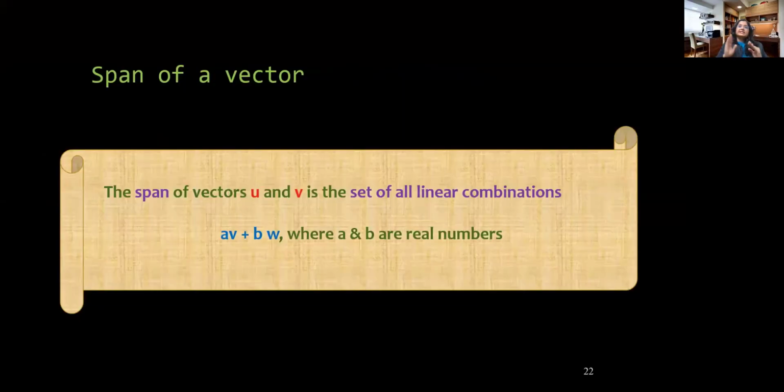So the first thing is span. Span of two vectors is the set of all linear combinations. Linear combinations, we have seen, is just the sum of the scaled versions of vectors, right? So the set of all possible linear combinations, we call the span of those vectors. We have seen that for two vectors and two scalars, we were in most cases able to reach all the points in the 2-dimensional space. And we can extend the same idea to 3-dimensional space also.